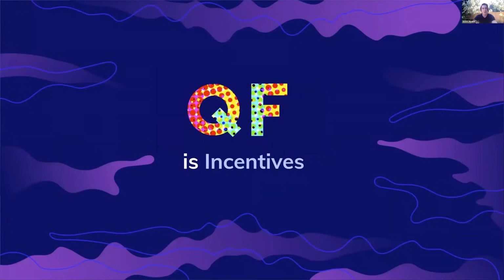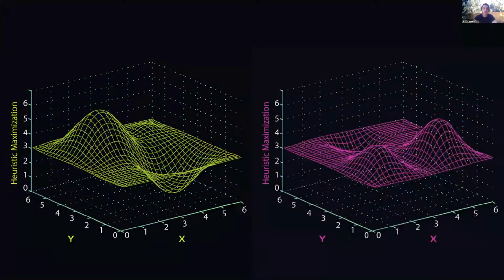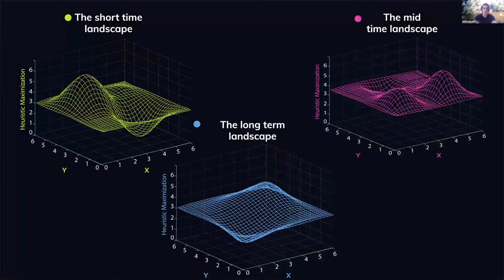We're trying to figure out, how do we get people to build things and fund things that are in the community's long-term interest, but not necessarily in their own immediate interest? You can imagine this in standard economic terms. There's a heuristic function or utility function, and people are really good at optimizing their immediate needs and wants. That's what this function here represents. They're not as good at optimizing longer-term needs and wants. So how do we get them to make those trade-offs? How do we get them to think about the actual intersection between these and the long-term landscape?